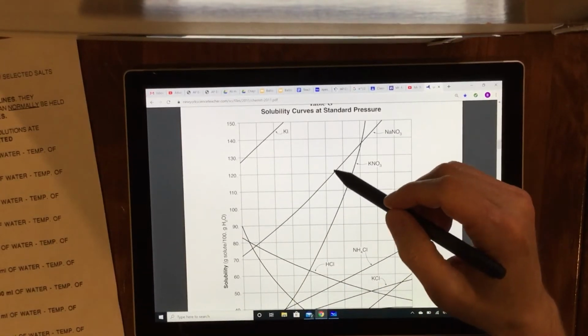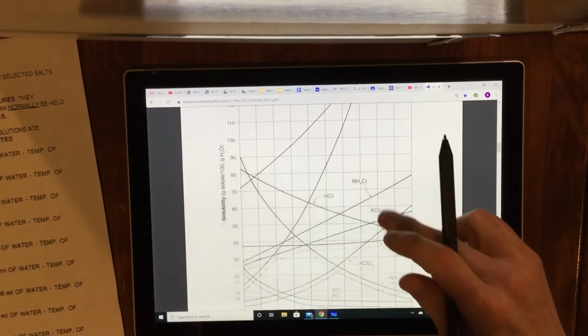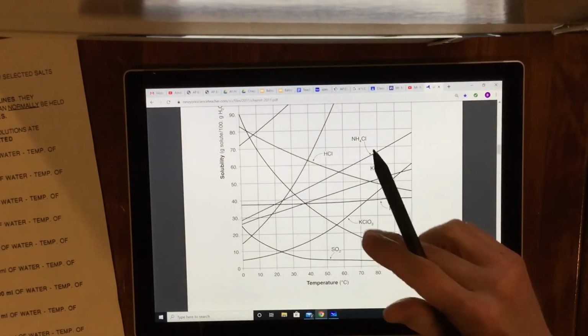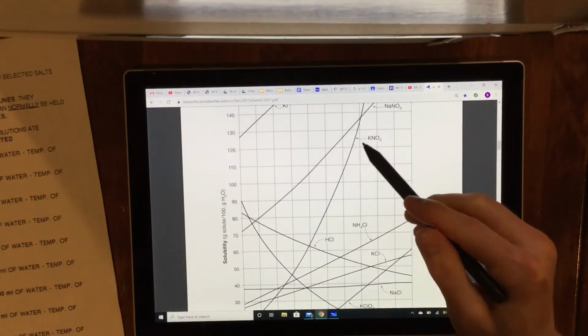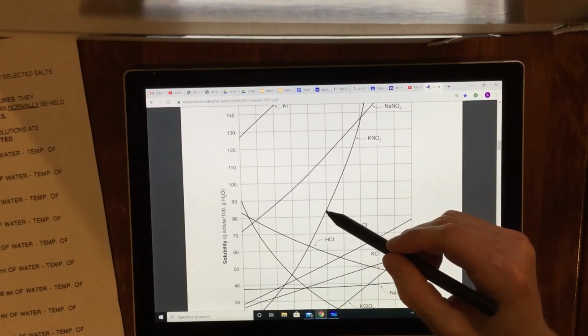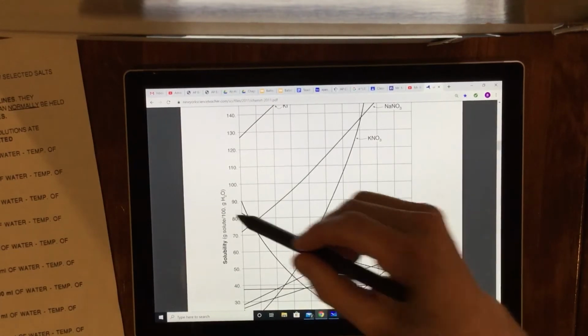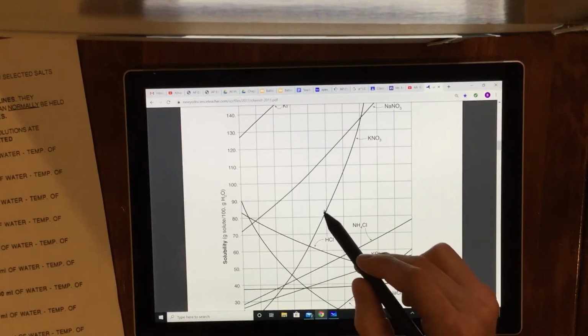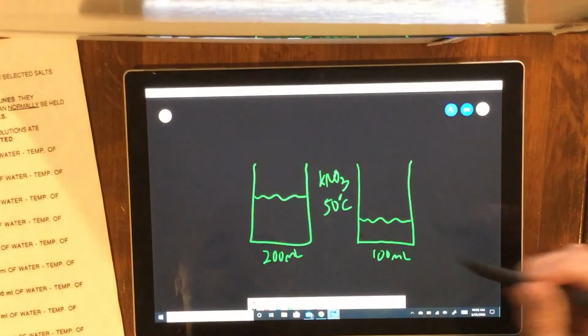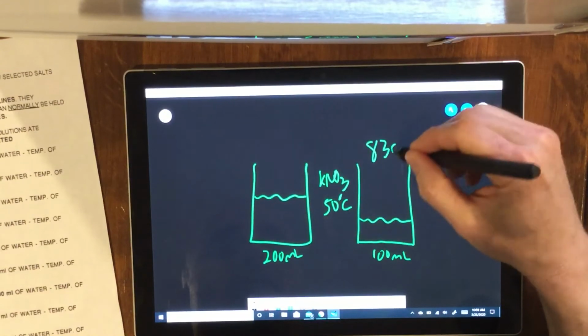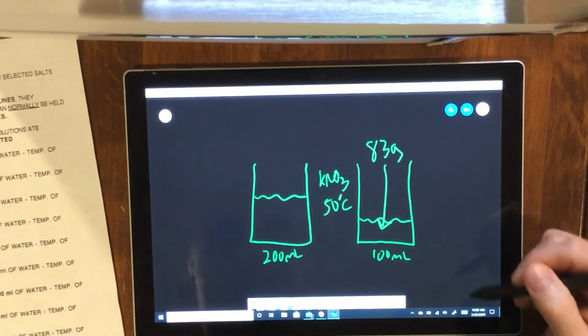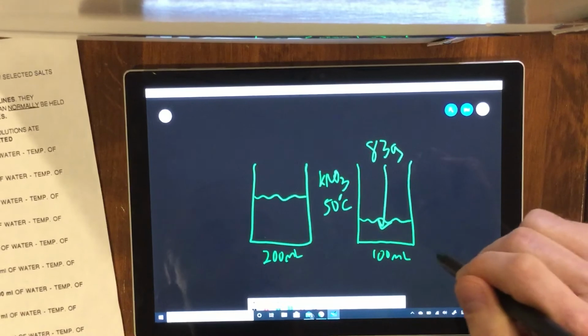So if we are at 50 degrees, we go up to this line. The max amount you can dissolve is on the line, saturated, so that's about 83. We'll say 83 grams is the max we can dissolve at 50 degrees in 100 milliliters. So again, 83 grams. So now we go back to this. So we put 83 grams in here, stir it up, it will all dissolve, and you will have a saturated